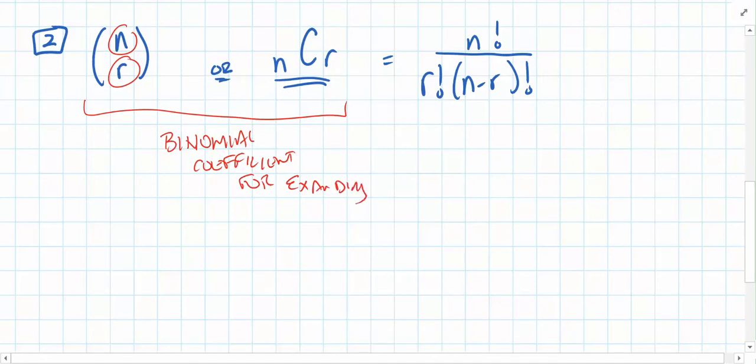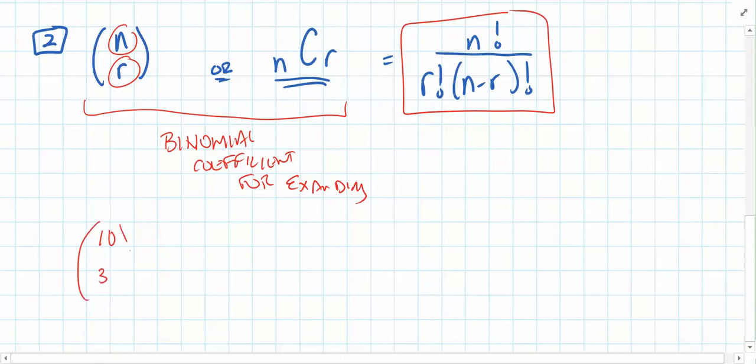Okay? That'll give us the binomial coefficient for expanding. It's this thing right here, which comes up again in probability and statistics. So let me just give you an example of what this means. Let's say we have 10 over 3. Now the book uses the term over. You'll hear me use the term